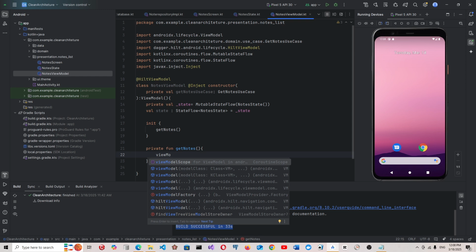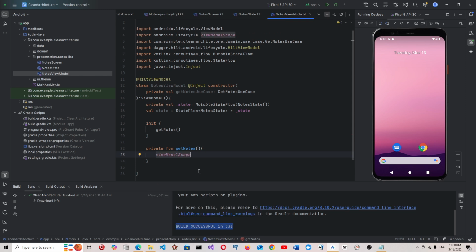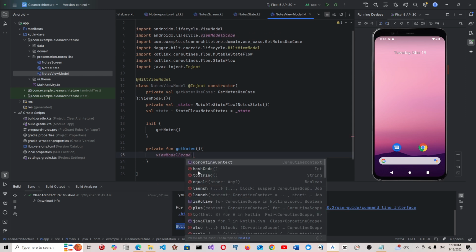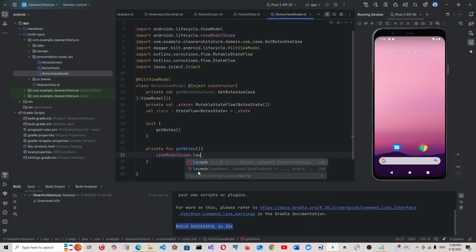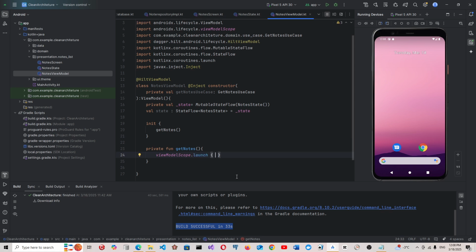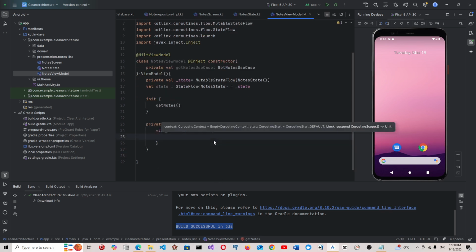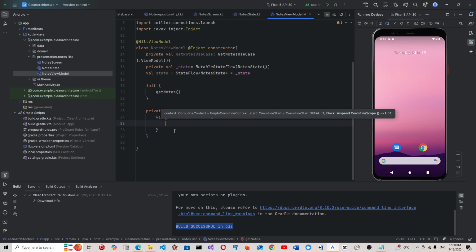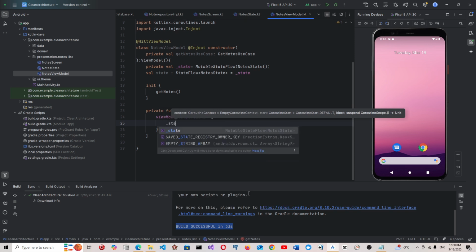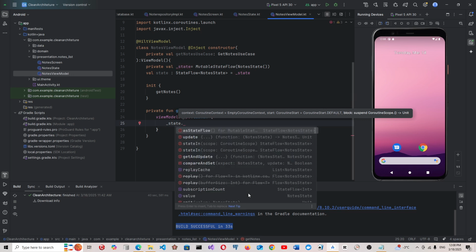View model scope launch. This is a coroutine, and inside this will be an asynchronous operation. Because we have access to the local Room database, first we set the state value,